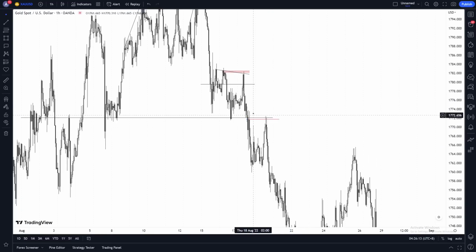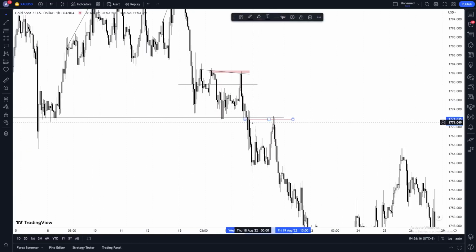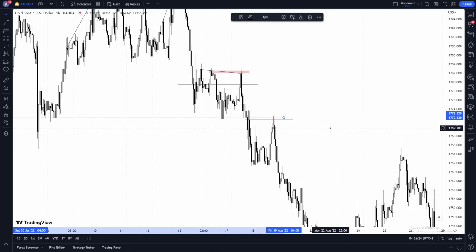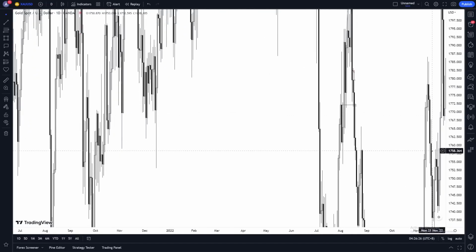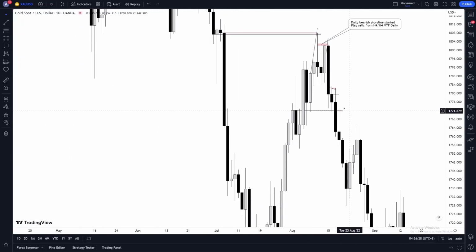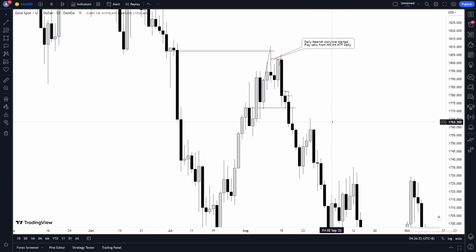And then we refine it to the H4, refine it to the H1, but this isn't in the daily. So I just want to make that very clear to you guys. This is not a H4, H1 MTF. I would have taken it purely because of this daily that's sitting there. And then let's say you missed that trade. So let's assume I didn't take this trade, guys. Let's assume I never took this trade. Okay, no problem. Maybe I didn't.